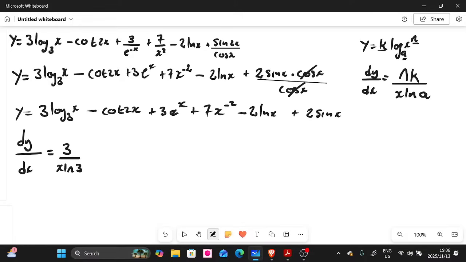Right, we are done. I hope you understood, guys. If you don't understand, you can go and watch this video where I explain this, and the lessons as well, where I explain to the student. Now let's look at the second term. We have negative cot 2x. Before we go there, let's go to the formula sheet.